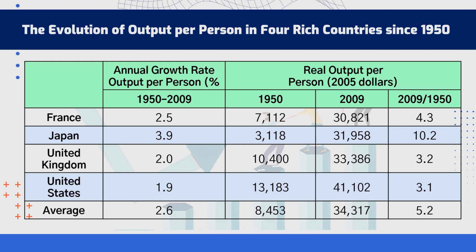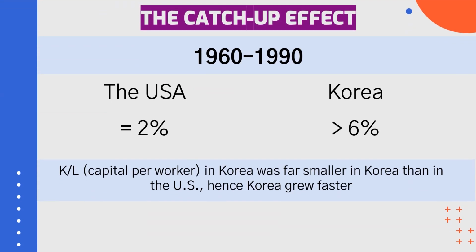And definitely we can observe the obvious example of the catch-up effect, when Japan gained on developed countries over this 60-year period. As I already mentioned before, the South Korea case is an obvious example of the catch-up effect, where the average annual growth rate, from 1960 up to 1990, was 6%, while the United States demonstrated an increase of 2%, because the United States of America had already been a developed country.